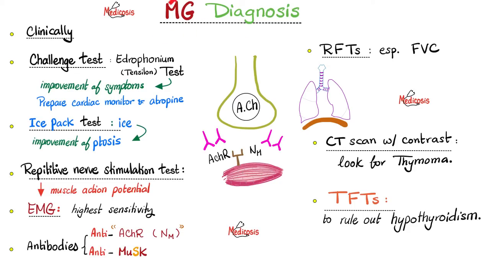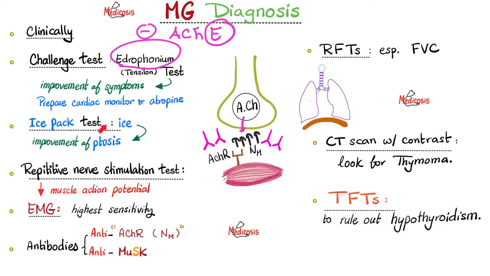How can we diagnose myasthenia and how can we diagnose Lambert-Eaton? To diagnose myasthenia, clinical signs and symptoms, challenge test with edrophonium. When you give edrophonium, the patient improves. Why? Because edrophonium inhibits the inhibitor of acetylcholine. It inhibits the acetylcholinesterase. And when you inhibit the inhibitor of acetylcholine, acetylcholine will improve and increase in the synapse. And just like competitive inhibition, acetylcholine can overcome the nasty antibodies and beat them to the target, which is the acetylcholine receptor, so the patient's symptoms improve because the muscle contracts.